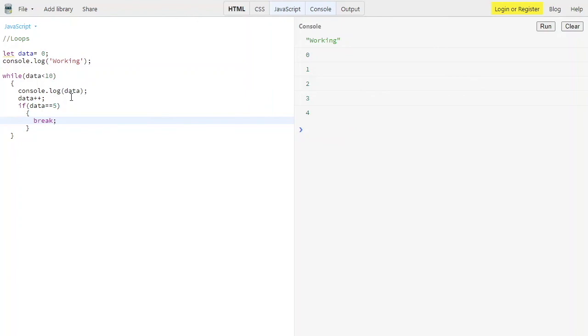So in this video you have learned about loops: the for loop, reversing a for loop, and looping through arrays. We have nested arrays, and then the while loop, and the difference between while and do while loop, and you also learned about the break statement.